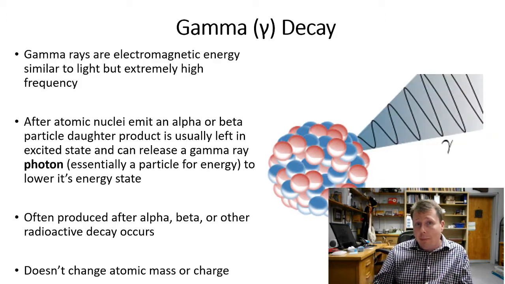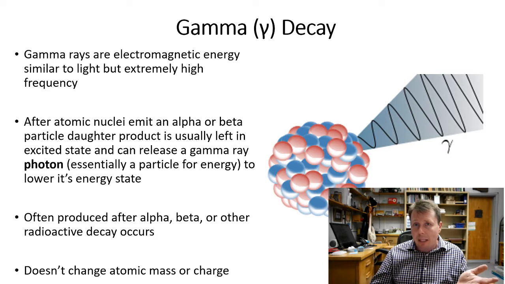There is one last type of radiation, and that is gamma decay. Gamma decay, you have the symbol there, the Greek letter gamma, and you can see it's shown as a wavelength here. Basically, when you get to the electromagnetic spectrum and radioactivity, you can think of it as a photon, which is kind of a wavelength or a particle. And with this, gamma decay usually occurs when there's a lot of pent-up energy right after an isotope has undergone alpha or beta decay. The important thing with this is there's no real atomic mass change going on here, but this is some of the most dangerous